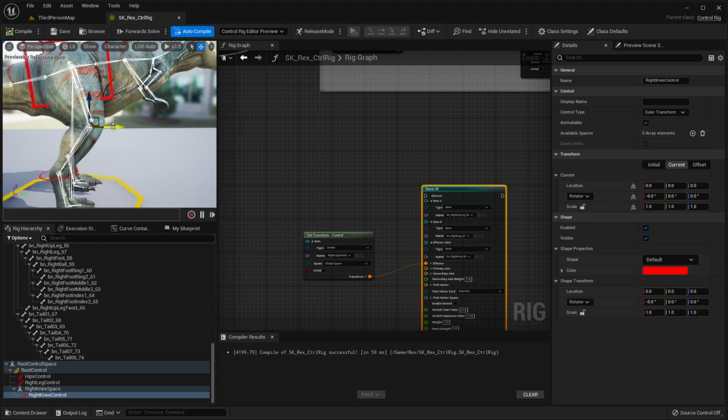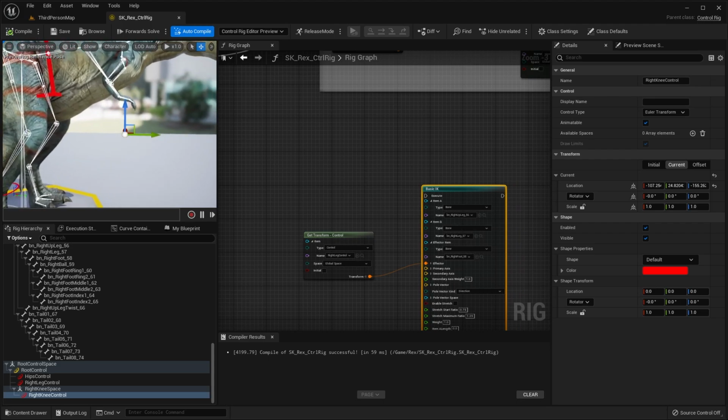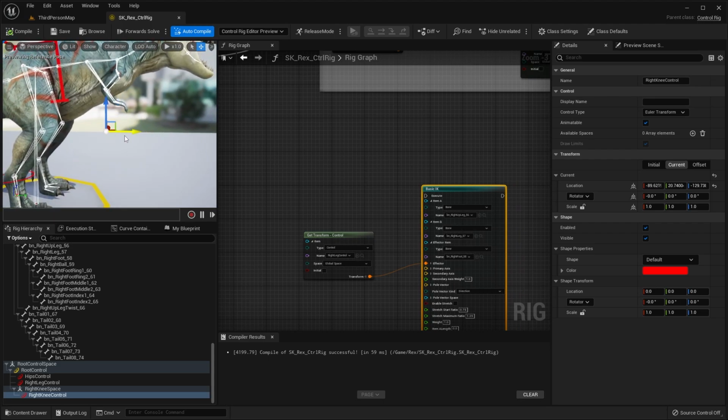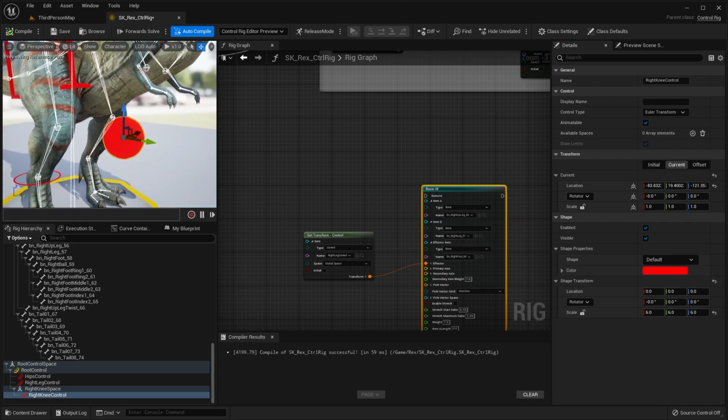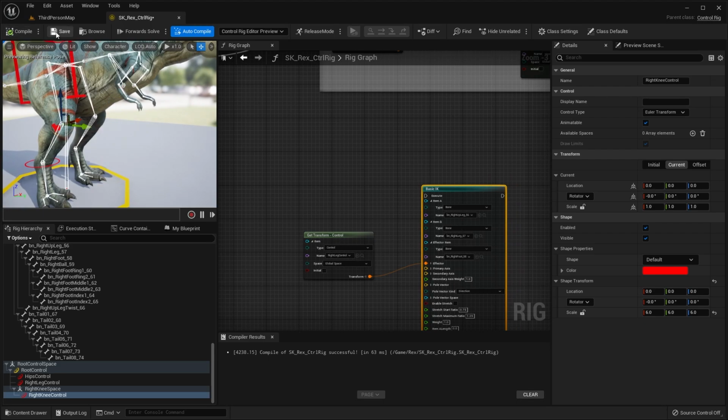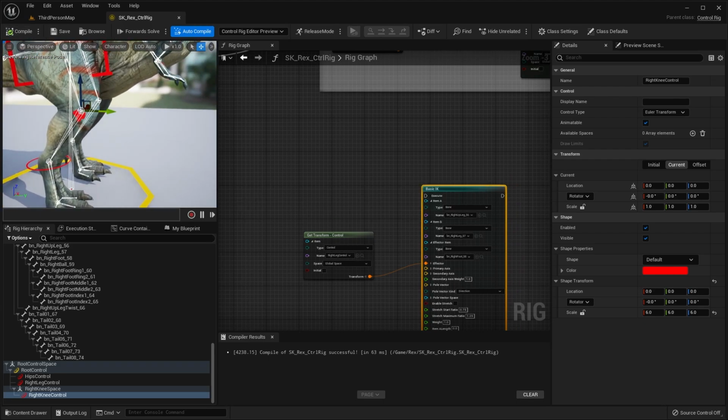Now with our right knee control selected, we want to select the control and not the space. We can go ahead and move this out here. And we also want to scale up the control. So on the scale, let's set this at 10 by 10 by 10. Okay, that might be a little bit big. Let's actually set this to 6. And if we bring this out like so, we click compile, you're going to see that it moves back to